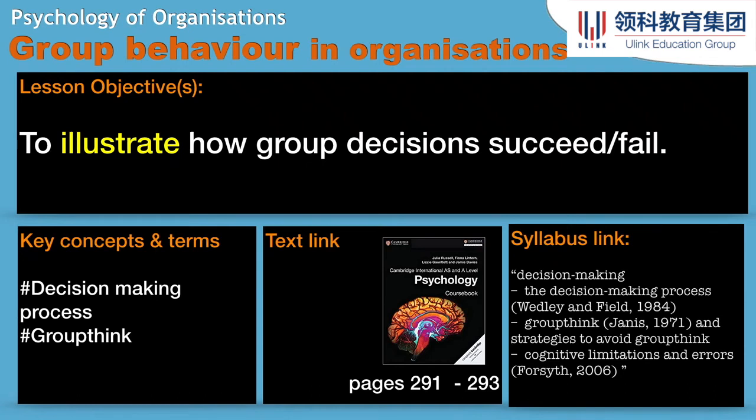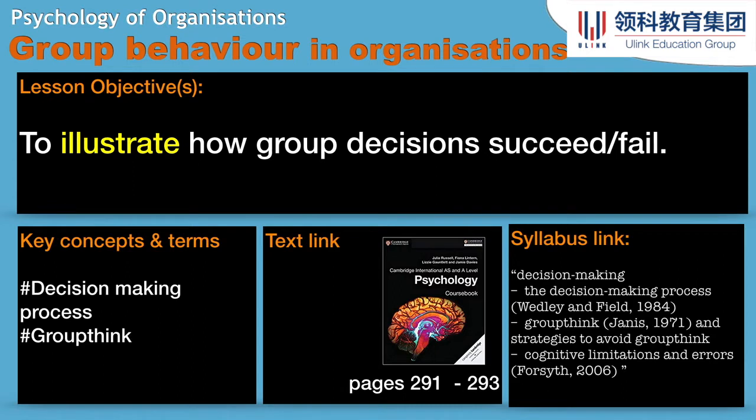Now on to part 2 of group behavior in organizations. This time we're going to talk about the decision-making process and how group decisions succeed or fail. So let's first talk about the decision-making process, which is on the syllabus listed under the names of Wedley and